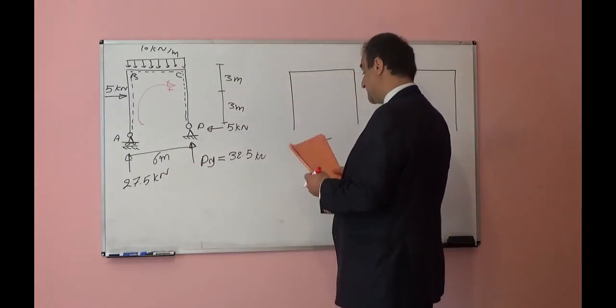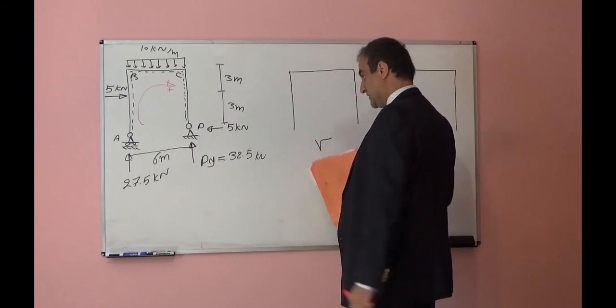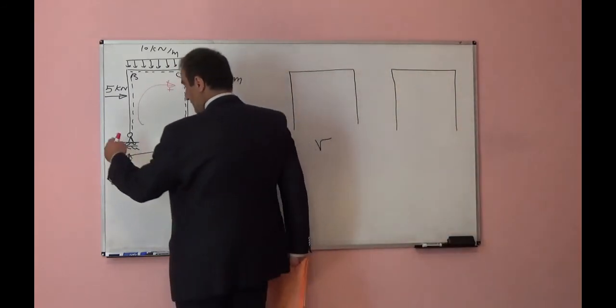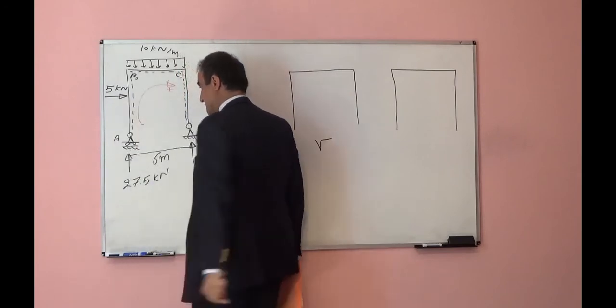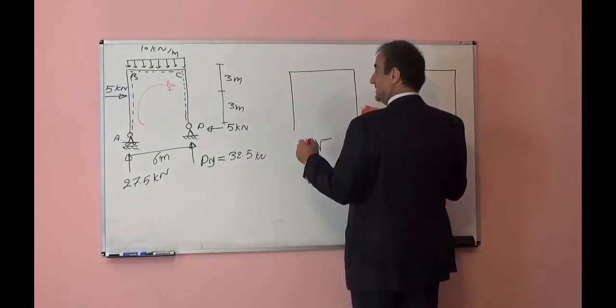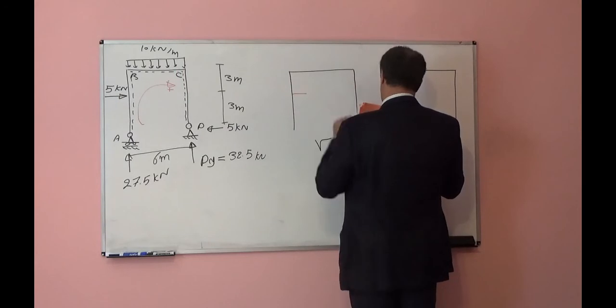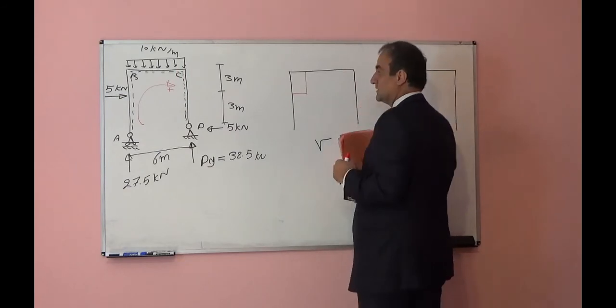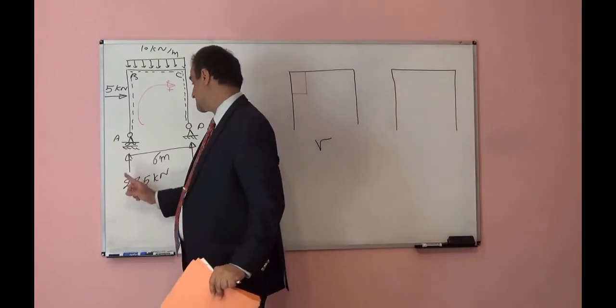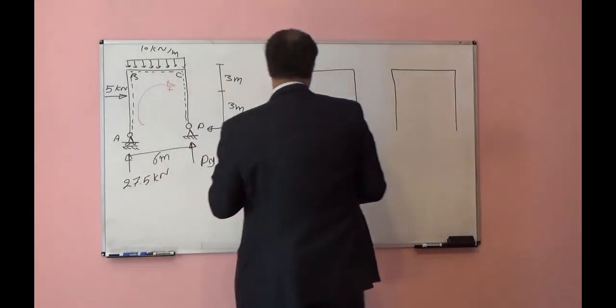Okay, at point A, what is the shear? Nothing, because there is no force perpendicular to this member from here to here. So the shear up to there is 0. After that you have 5. In the direction of 5 you will move and we will continue. Then which load is perpendicular to the BC? 27.5. So I will move up